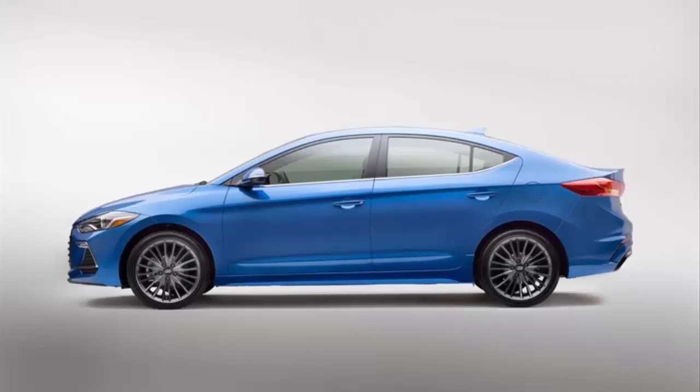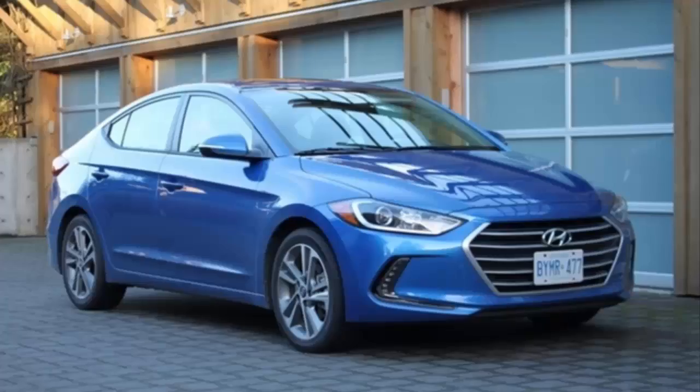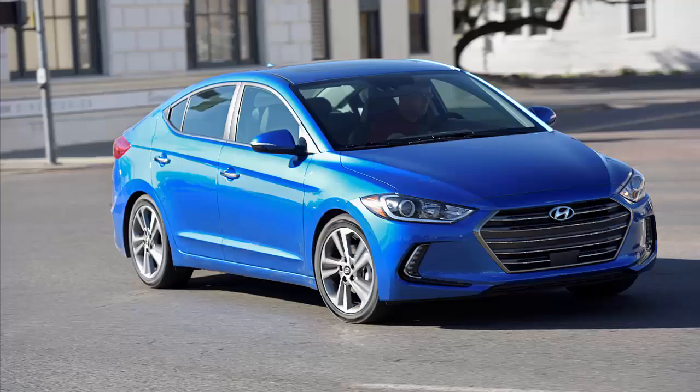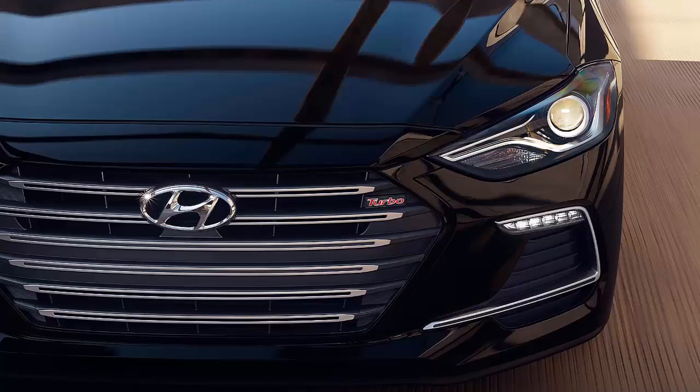After a foreign market tease, where the U.S. market Elantra's Korean twin gained a turbocharged sport model earlier this year, Hyundai has finally unveiled the Sport headed for our shores. As you'd expect, just as our Elantra sedan is the same as the Korean market Avante, our Elantra